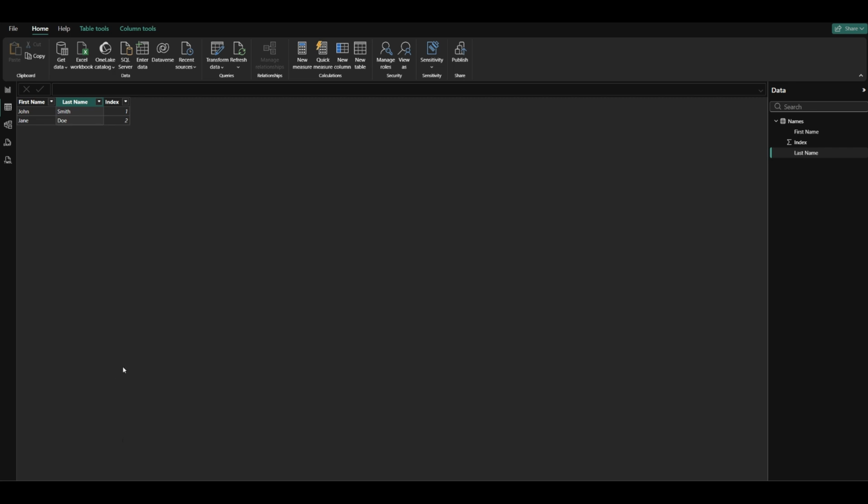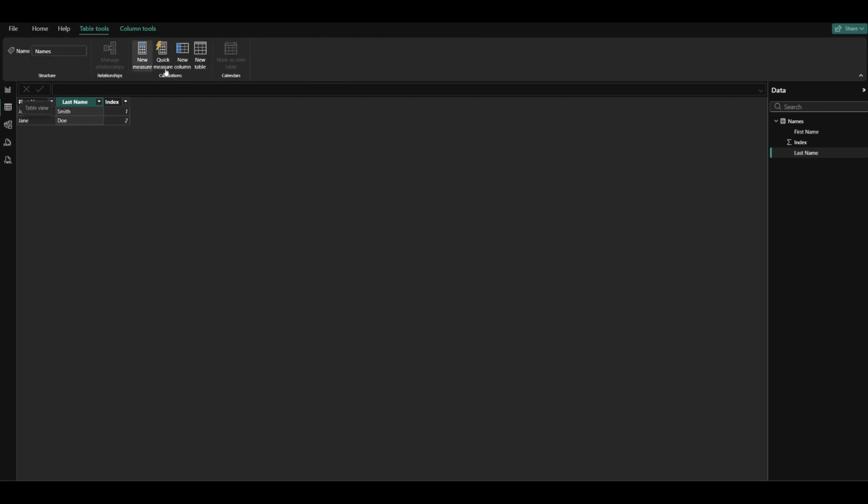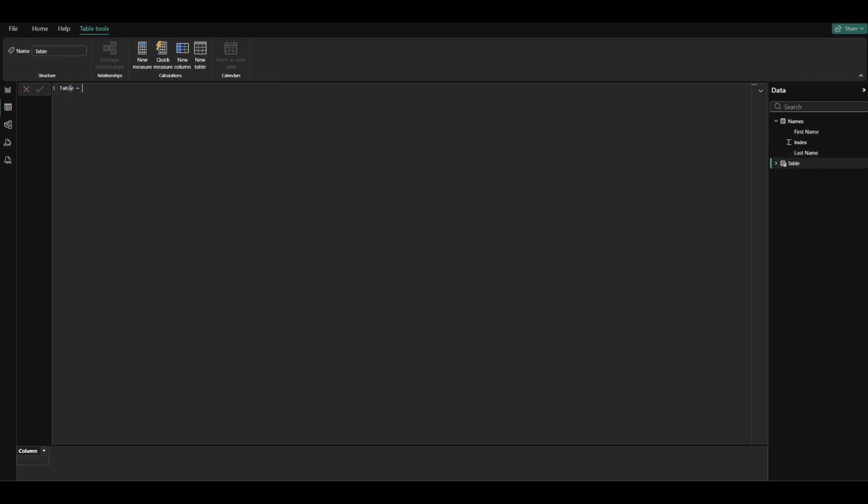Right now, I want to create a slicer, a first-last, last-first slicer. So for that, I go and create a new table. The DAX would be, let's say we call it name order. Here I want to create a data table, and I want to have a column called order. Data type, I want it as string. Then the values would be